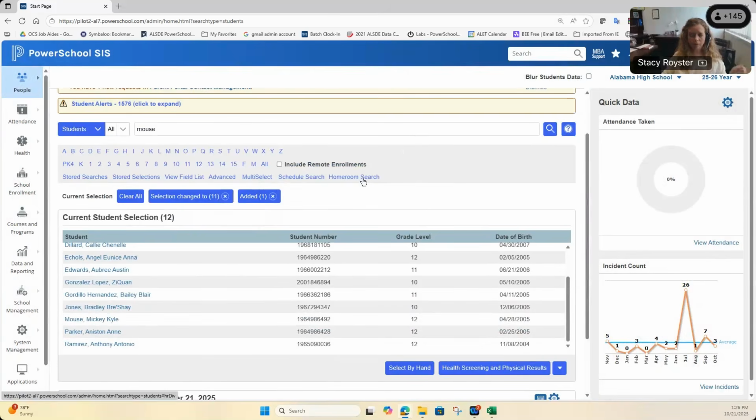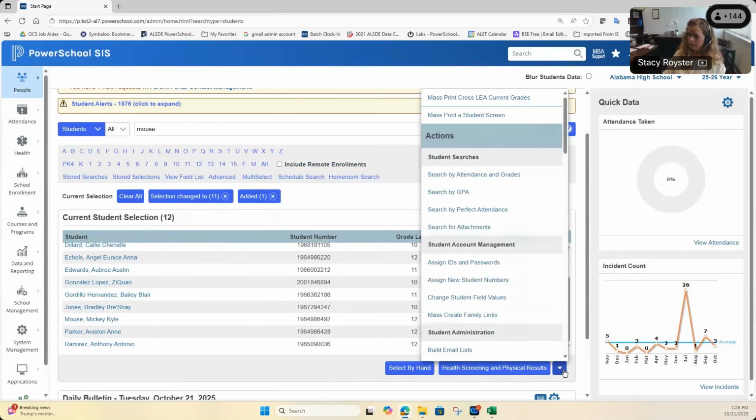But a lot of people like that homeroom search plugin just because it gives you a quick way to grab from a list of students, providing your school is keeping that homeroom field updated on student records. So let's just say I've got these 12 kids right here, and I'm going to do a scoliosis screening on this class. Once you have your students selected, in this blue drop down arrow, which is called a group function button,